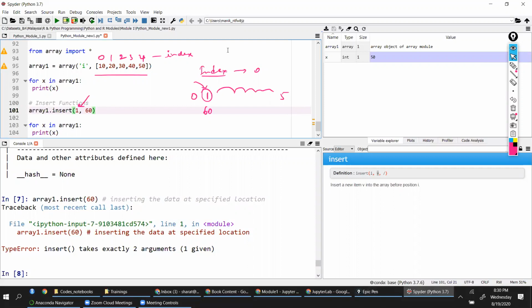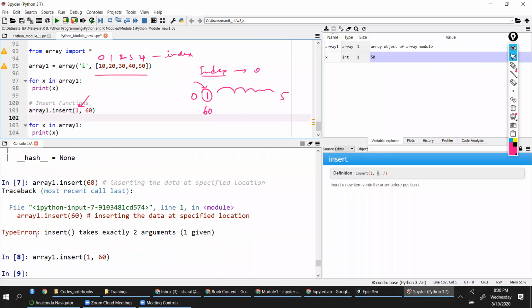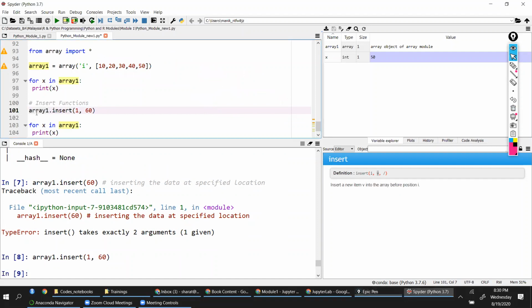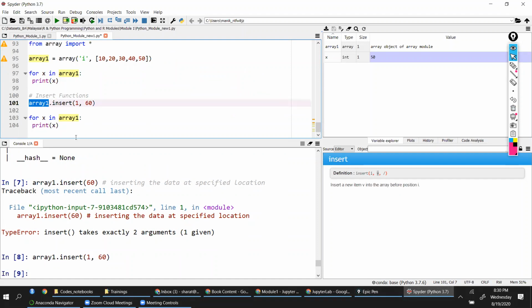So you get 10, 60, then 20, 30, 40, 50. If I want to see the output of any specific content, you don't have to type everything.